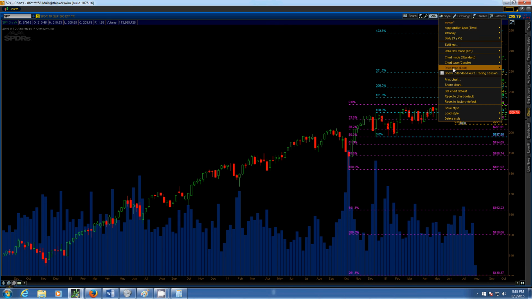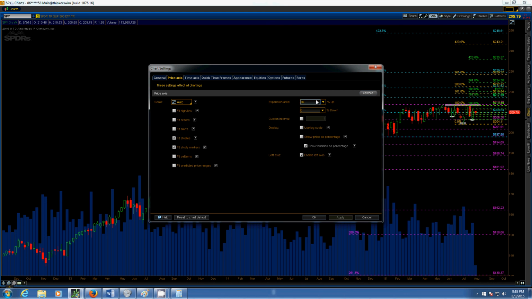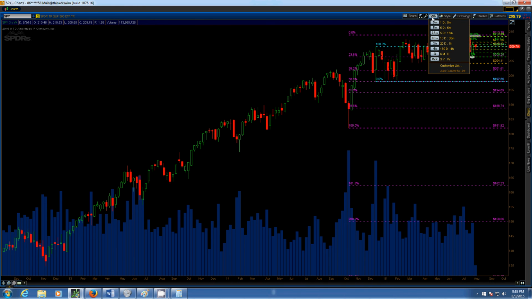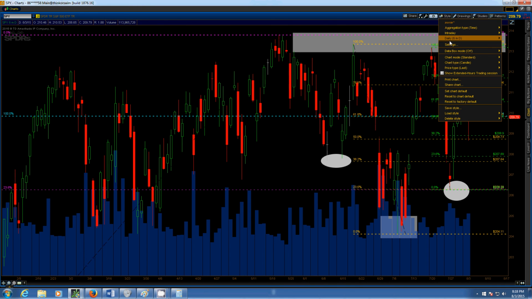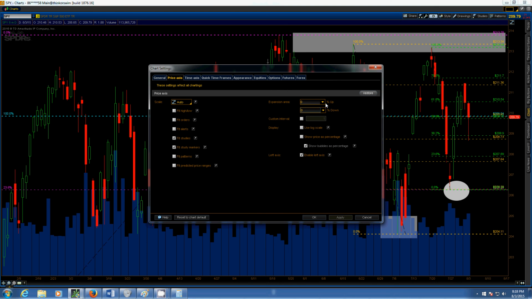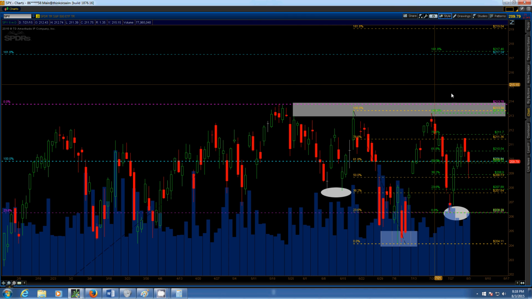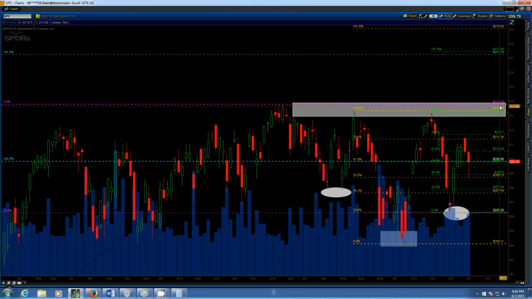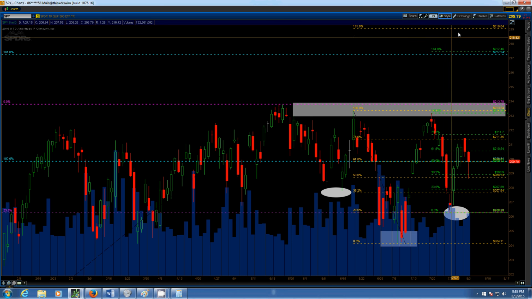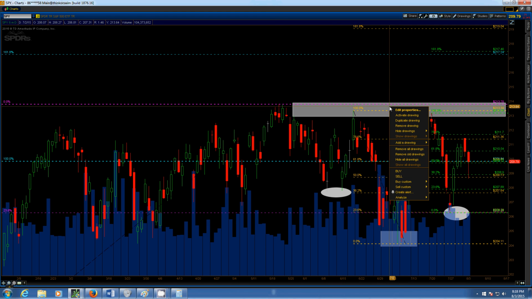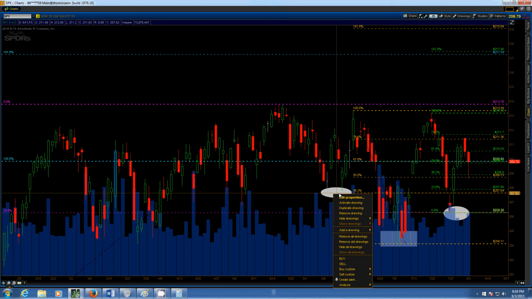This might be a little bit too far real quick. There we go. And then we can see that if we were to break up over that and our target was 220, we've got a little bit of resistance at 217s, a 219, and then there's a couple up at 220 that we can't see on this chart. If we remove these drawings real quick,